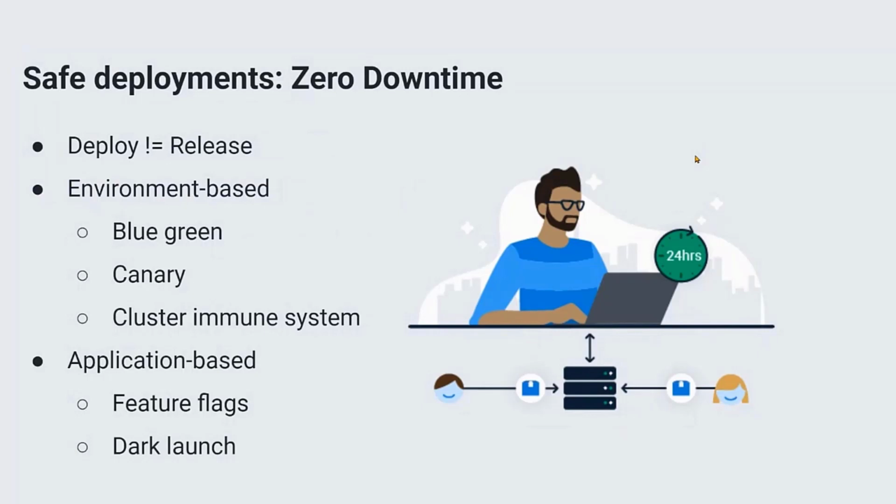Application-based stuff is less to do with spinning up different servers and infrastructure as code and load balancing, and it's more to do with managing application and config tables. So I'm thinking about things like feature flags, which enable dark launching. And so I'm going to give you a demo now of how we can dark launch some new functionality in the database without necessarily having to mess around with environment-based release patterns, because persistent database, right? If I've got a persistent database, I don't want to be tearing it down and throwing it around all over the place. I want to leave it where it is, but I want to be able to toggle the performance